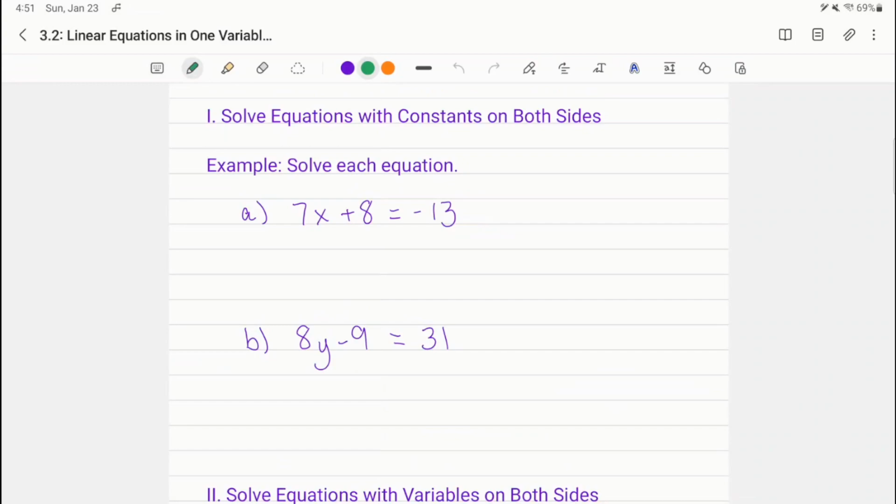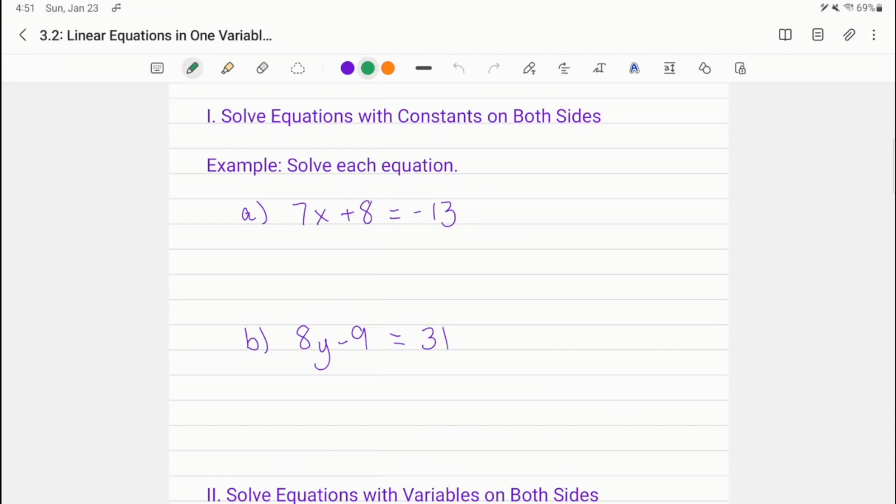Hello, this is part 1 of 3.2 linear equations in one variable. What this section is primarily going to be about is solving more complicated linear equations than we dealt with in 3.1. And we're going to start off with when there are constants on both sides. Now we did technically do one like this in section 3.1 part 4, but this is just to reiterate the